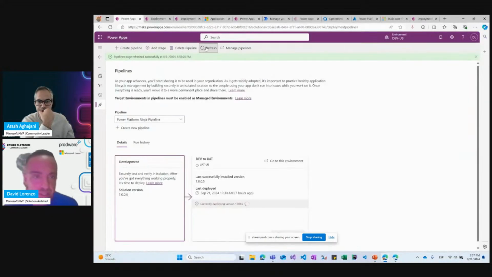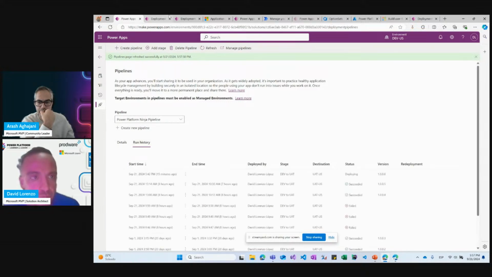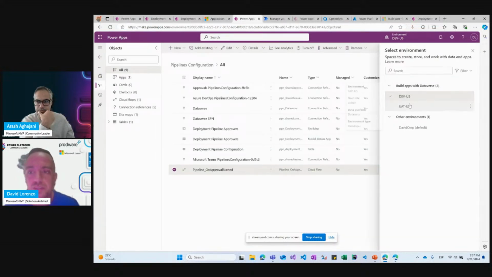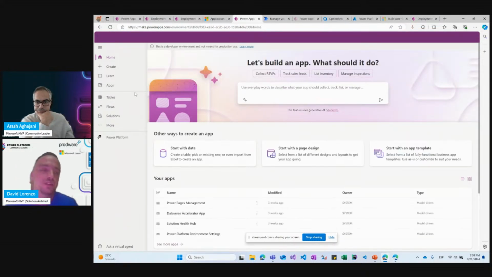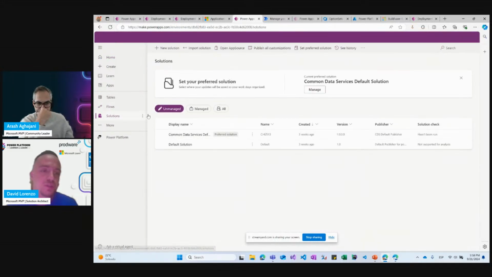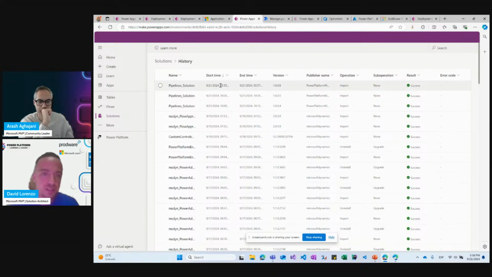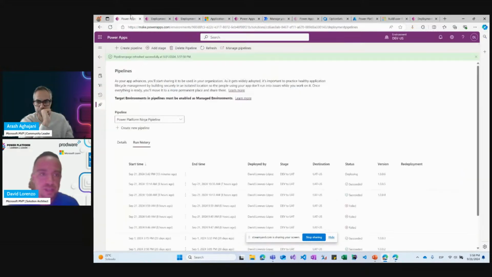So let's take a look here if the process is currently deploying yet. We can go to the UAT environment here, and we can see the solution history. We can see that it has really finalized.